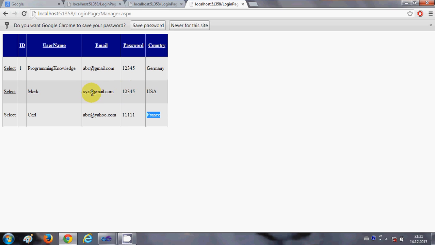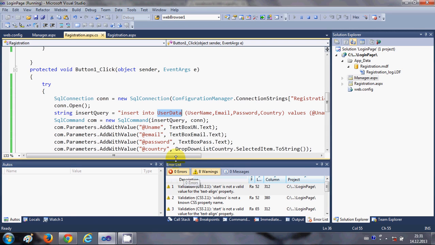So now you have successfully connected your registration form with the database. Now in the next video I will show you how to create a login page, so that whenever a user who is already registered wants to log into your website, he enters his username and password, and he can access